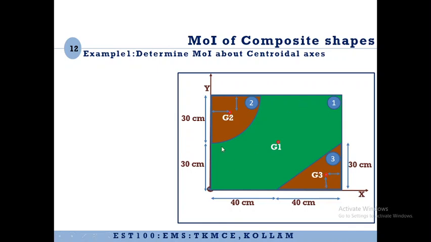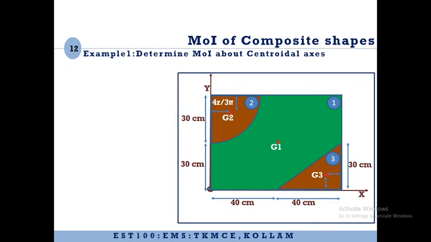Now, we only have to find out the moment of inertia of the green portion. However, the green portion is a composite shape. It is comprised of a rectangle, a quarter circle, and a triangle. That is, if we have a rectangle, and from that rectangle we cut out a quarter circle and a triangle, we will get the composite shape, the green colored shape. So step number 1 is we have numbered the simple shapes.